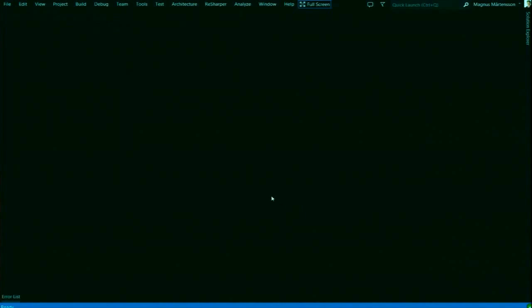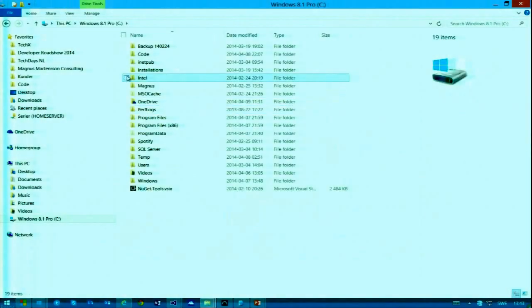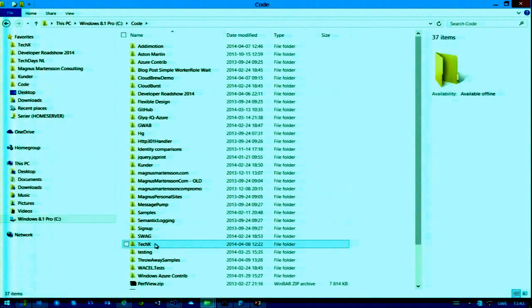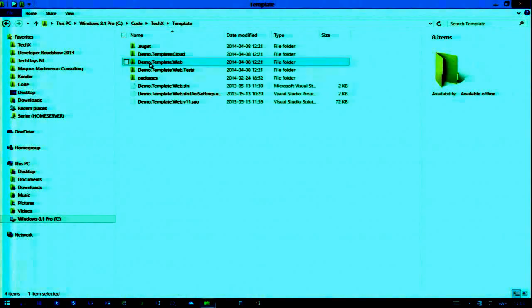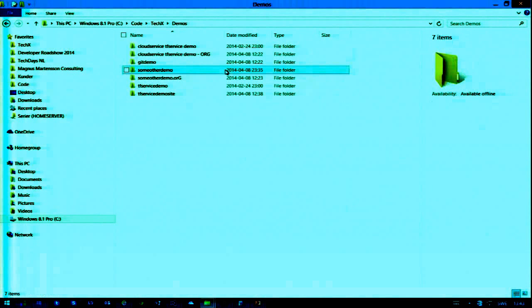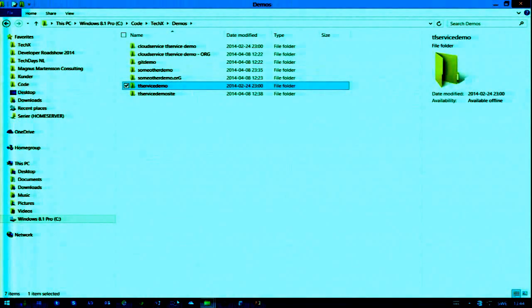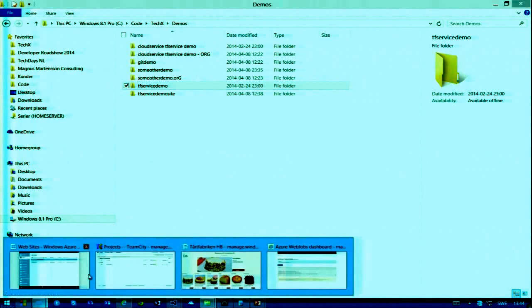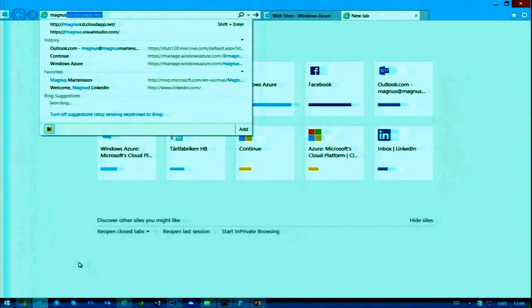So on my drive here, I have some code samples for this event, TechX, and some demos. I have a Team Foundation Service demo folder, which is empty. And if I want to have my website set up on Azure now, what I have to do is